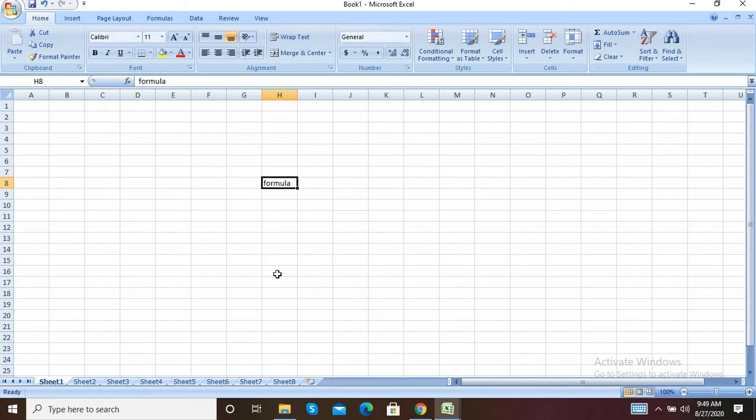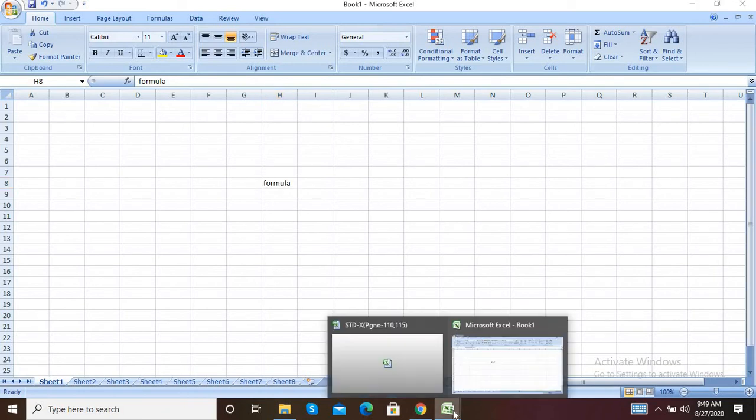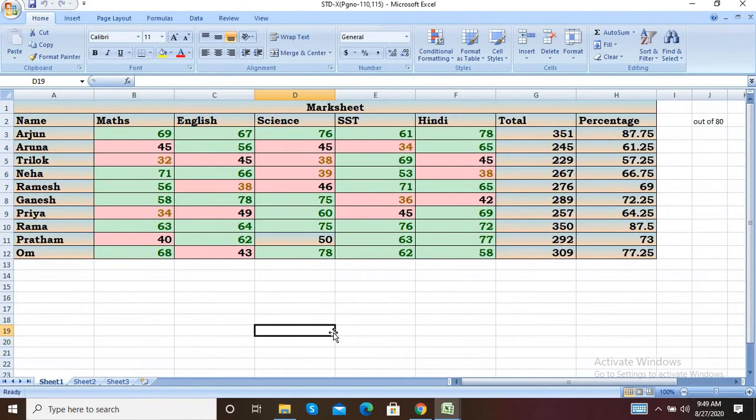Next thing is type of data. So there are 3 types of data: text data, number data and formula. So I'll show one example related to that. See, in this, the text data is called a text data. The text data is a combination of alphabets and numbers which cannot be used for mathematical calculation. By default, text data is left aligned in a cell. But you can change its alignment to center, justify or right alignment.